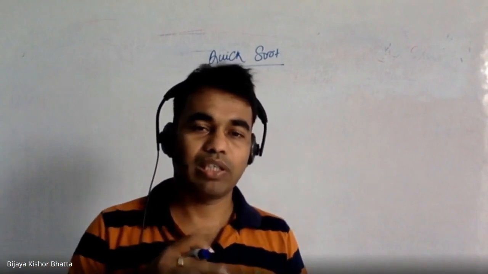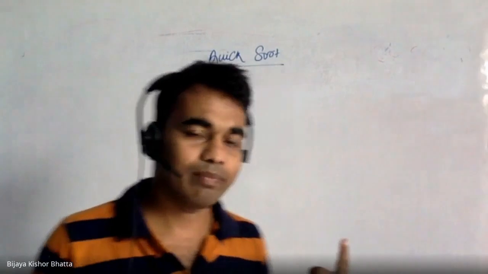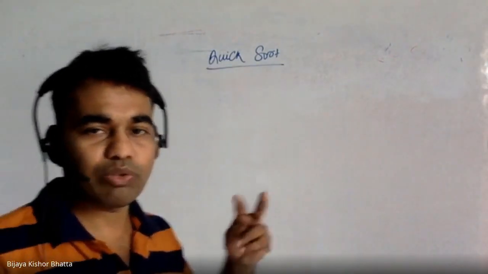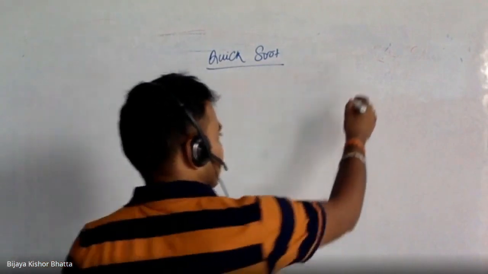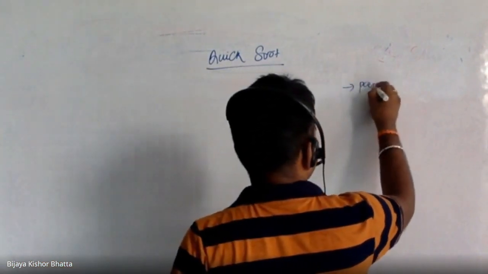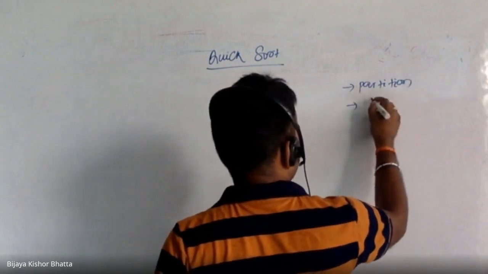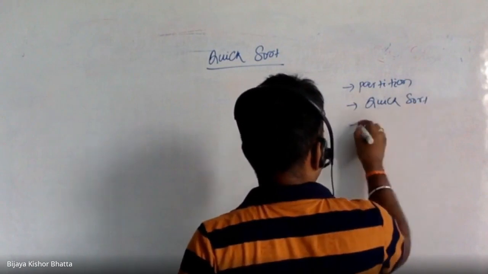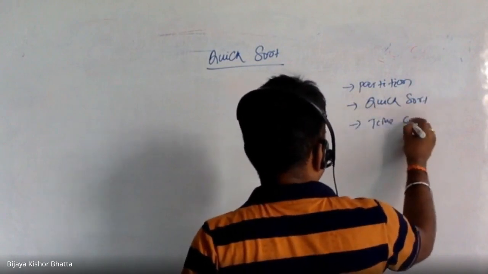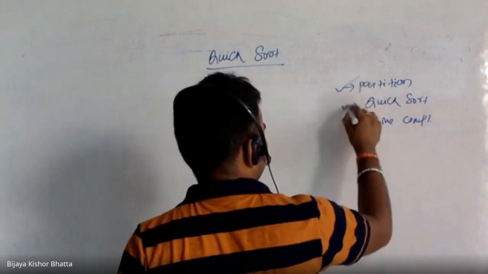One is the intermediate algorithm, which is partition, an important algorithm, and quick sort is going to consume that particular partition algorithm. So this is the agenda. First, partition, the algorithm we will discuss. Then we'll go for quick sort. Then we'll go for the time complexity, and when we do that, we'll understand the time complexity of partition, then quick sort.